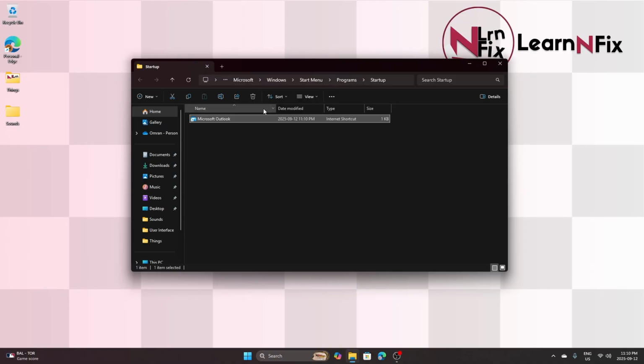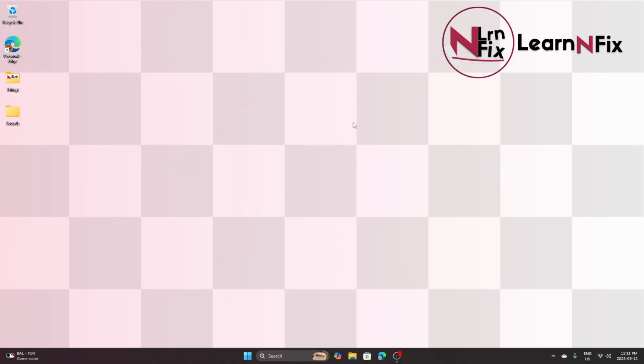And once you're done, you'll see it work by the icon changing. It should change to the Microsoft Outlook app icon. And once you have that, just exit out of this folder. And just to make sure that it will work, go on to